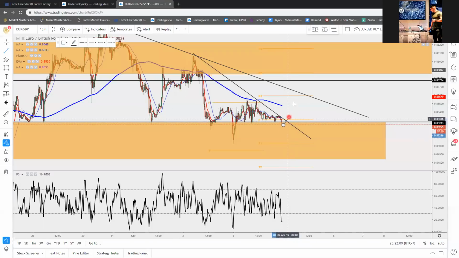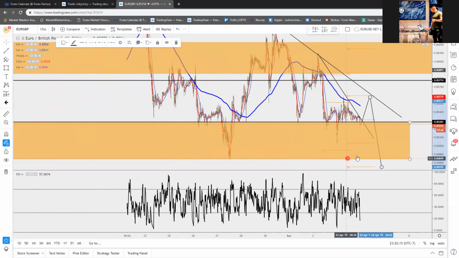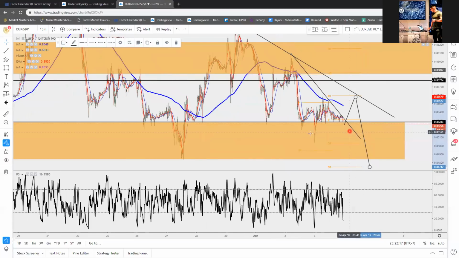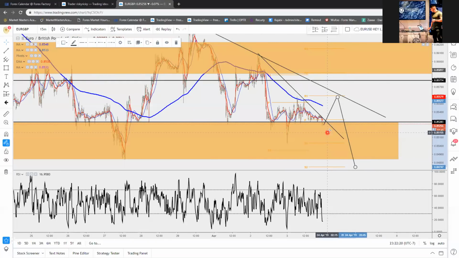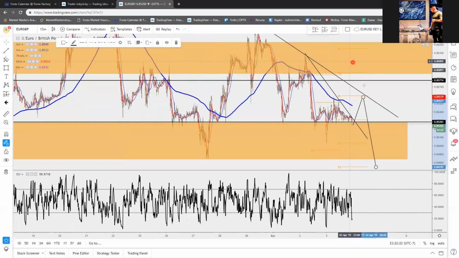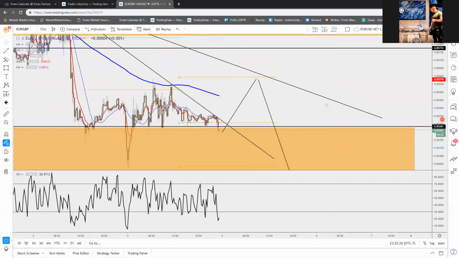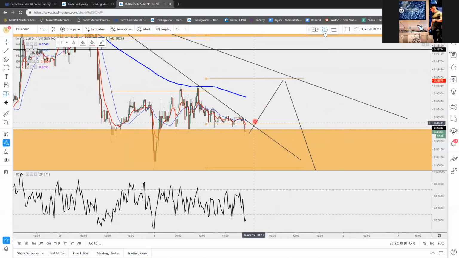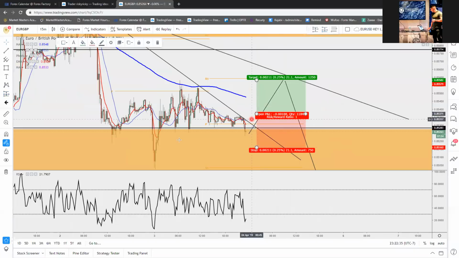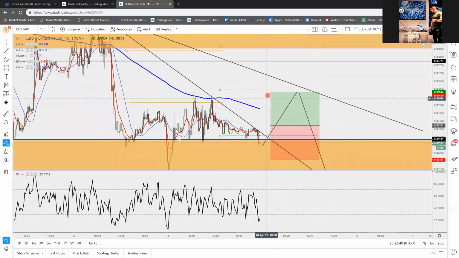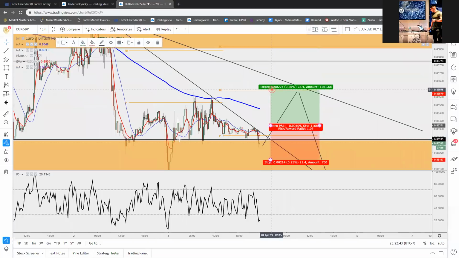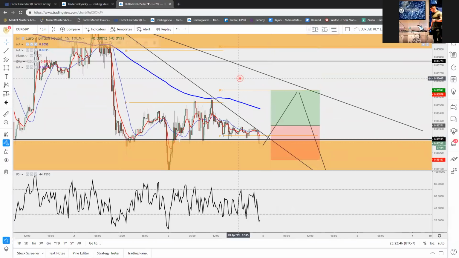But there is a chance it's going to go up, hit this area, and then continue to drop down. But knowing that it's at this major support, there's a much higher chance of it breaking through and continuing to go up to higher levels. So with this right here, I should be looking at a buy about here, 371. And take profit